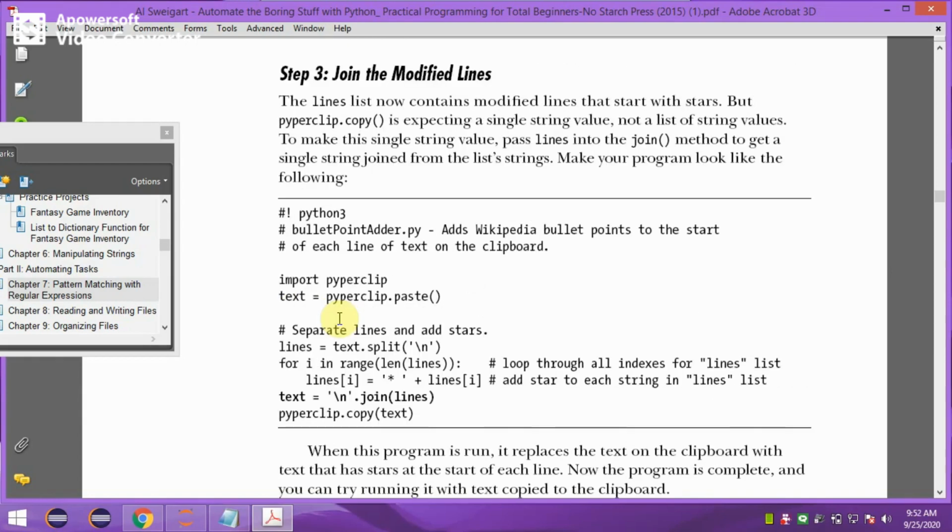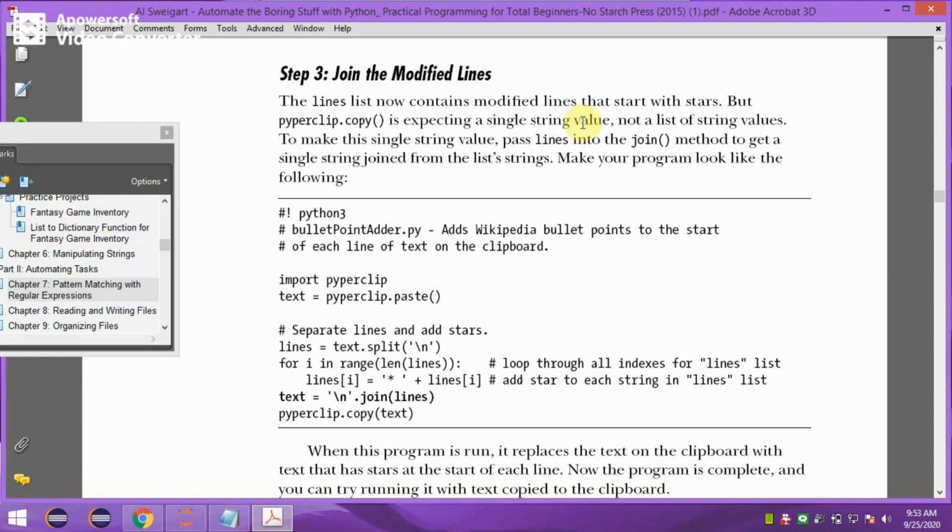Now how to copy it back to the clipboard? Before copying it back to the clipboard, we require a line of text. The pyperclip.copy command requires a single string value, a single line of text, which actually contains multiple lines, but it needs a single string value.